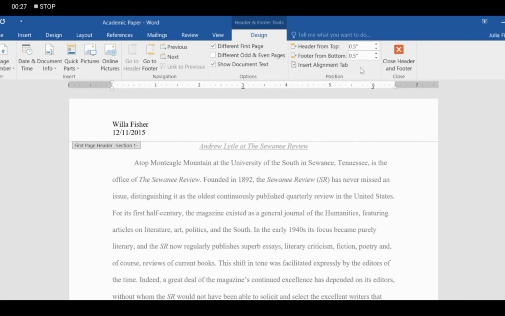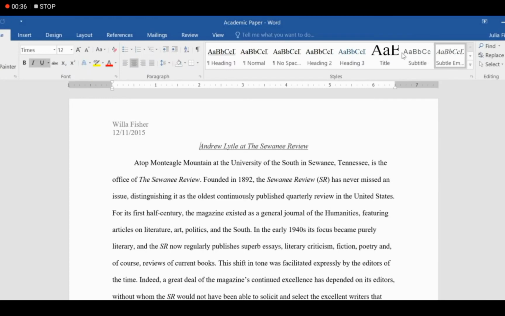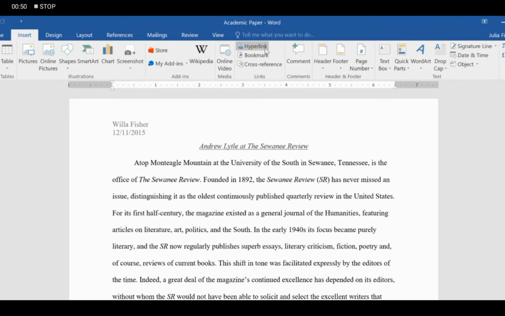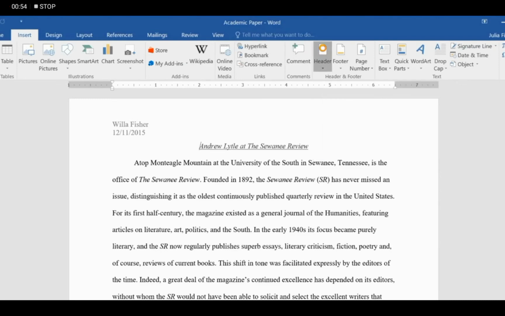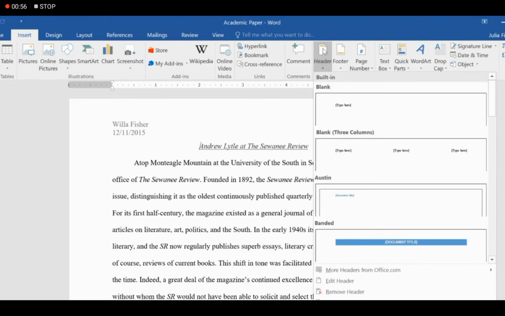So it is a basic header which you can add. There are some headers also available in our computer system, so you can also choose them. Just click on the insert tab, and in the insert tab there is the option of header. So after clicking on header, you can select any design as per your need.